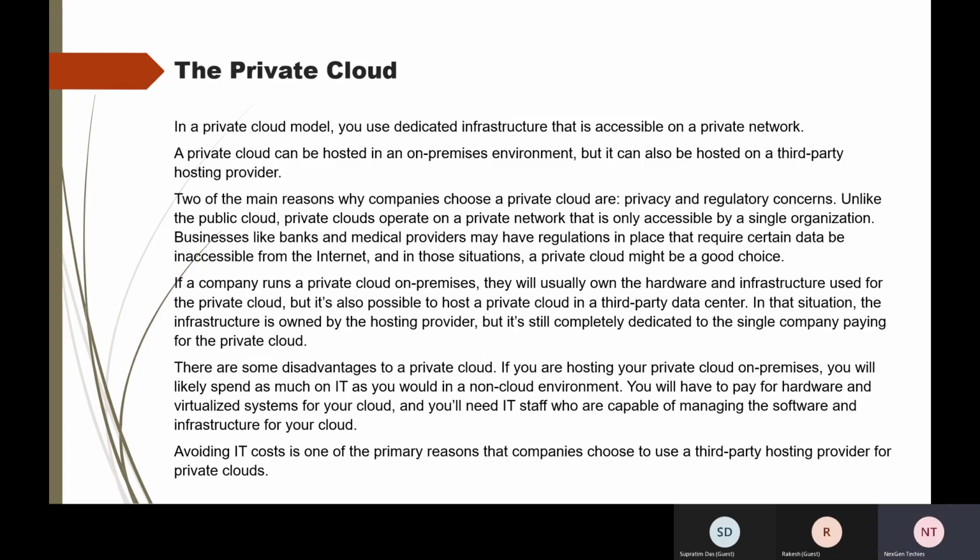To avoid an IT cost, how can you avoid this cost? You can avoid this cost by choosing third party hosting providers. So the third party hosting provider will manage everything. Okay, they will charge some yearly cost, and they will provide everything, all the services. So in the third party hosting providers,